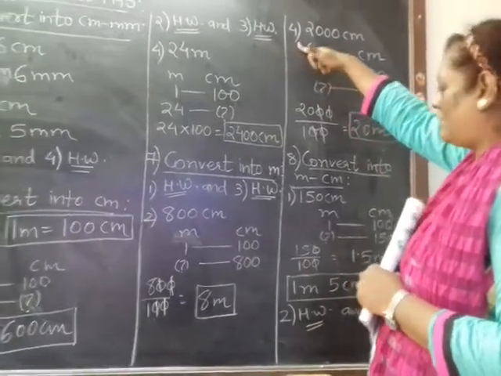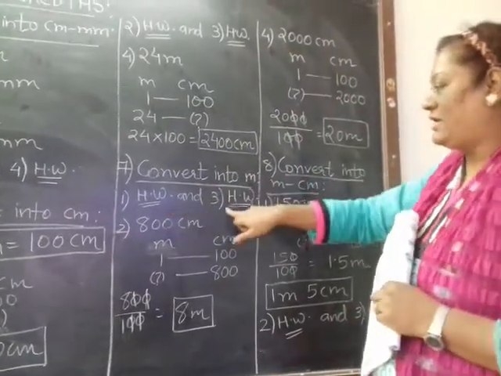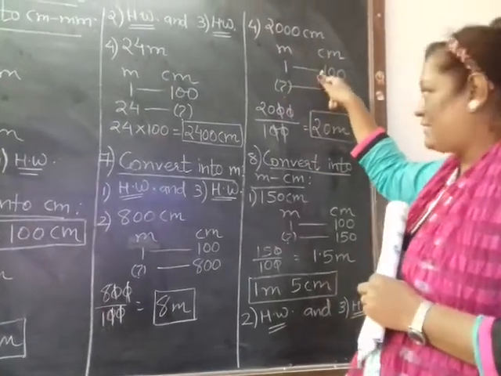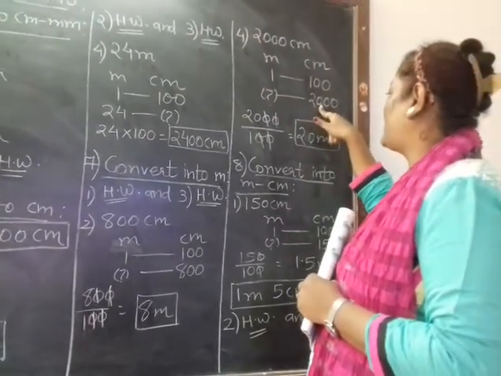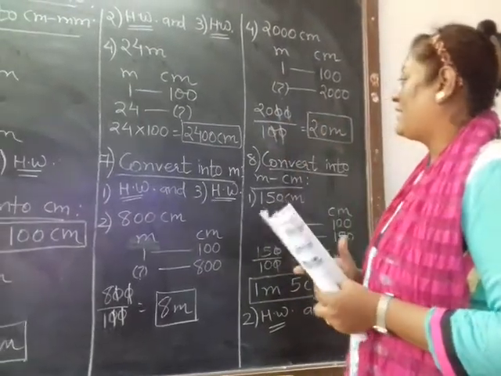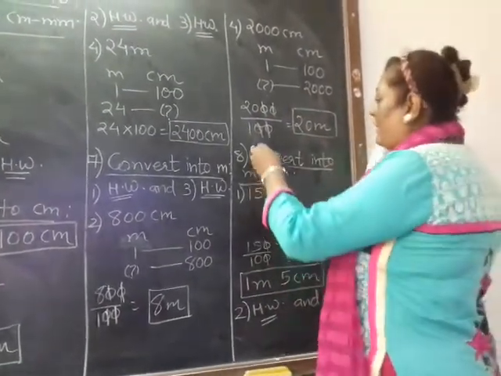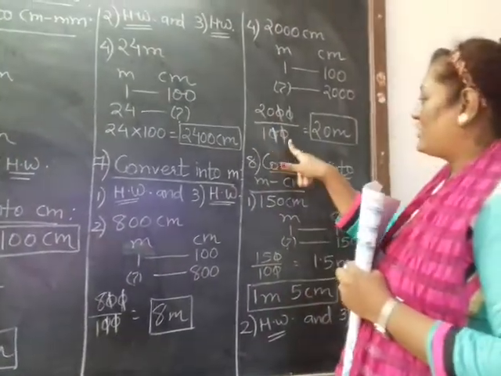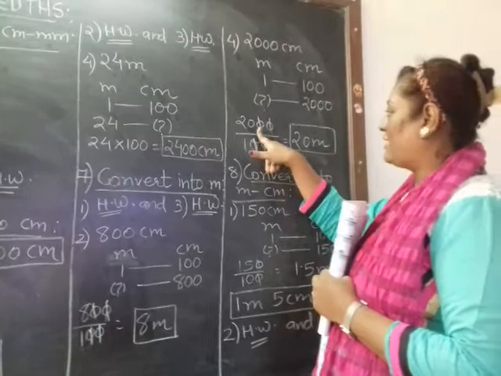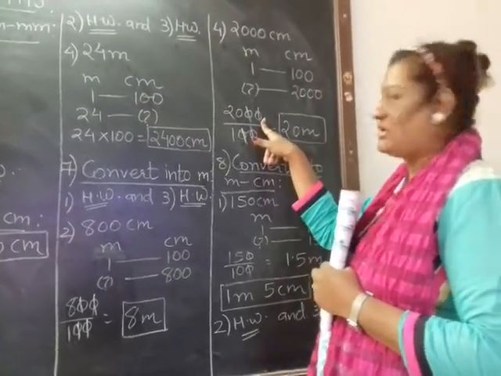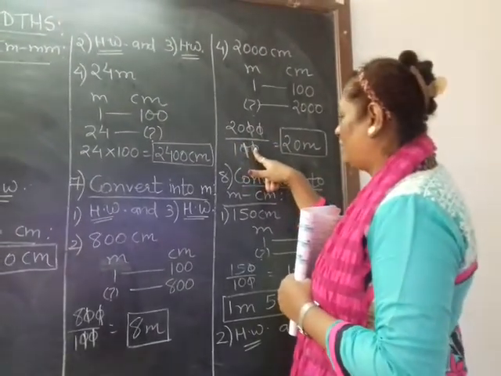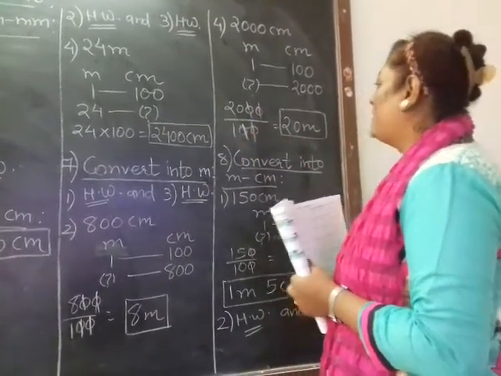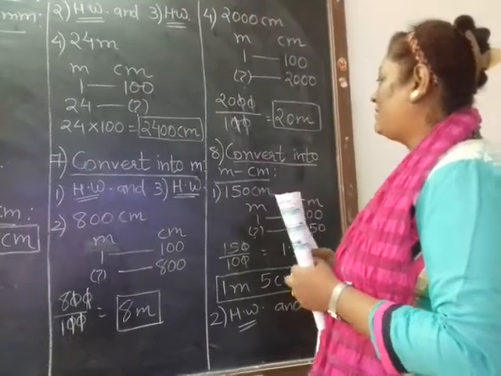Coming on to question number 4, as I had given 1 and 3 in the homework, 2000 centimeter. 1 meter is again 100 centimeter. So what if I have 2000 centimeters? 2000 will be divided by 100. Now children, have a look here. In 100 I have 2 zeros, in 2000 I have 3 zeros. But as 2 zeros are common, I can cut only 2 zeros in 2000. So my answer still has 1 zero in it, that is 20 meter.